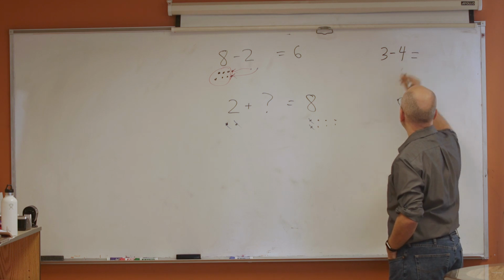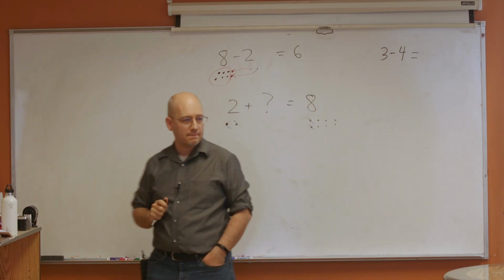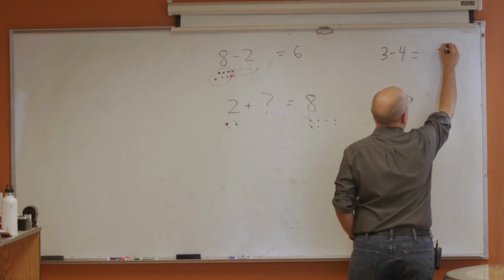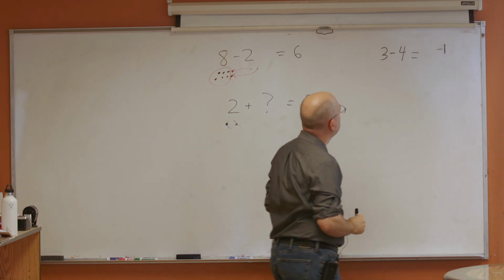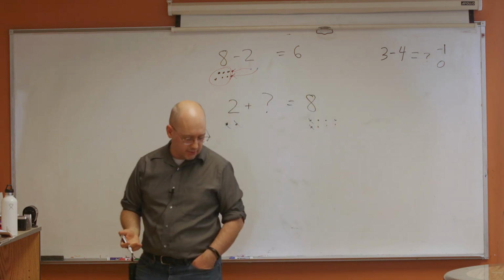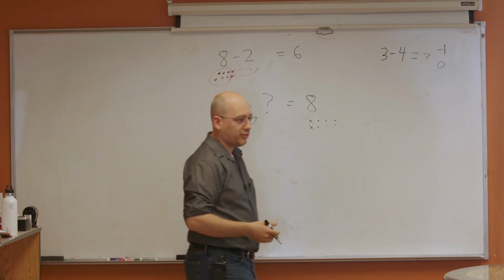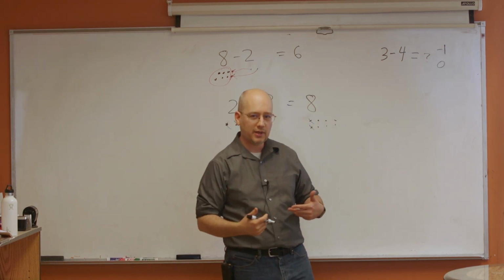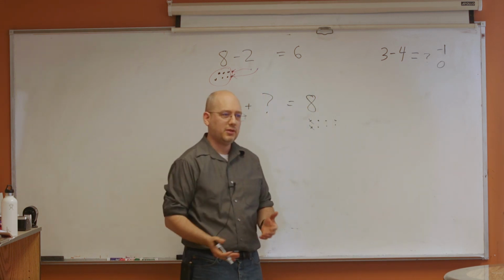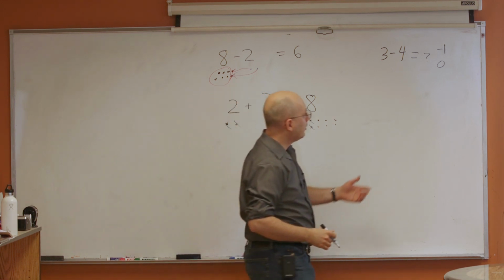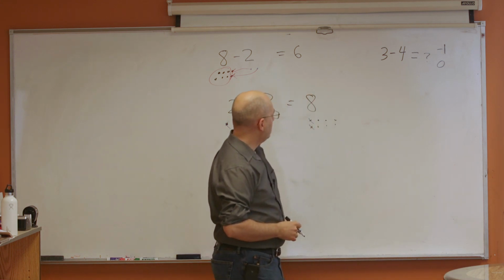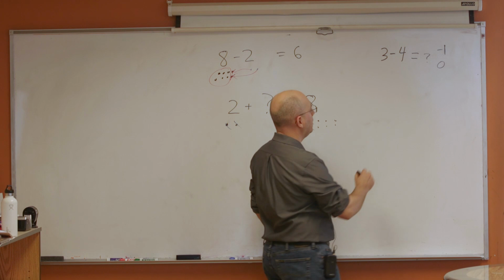3 minus 4 is what? It could mean minus 1, or it could mean 0, right? So if I owe somebody $4 and I've got 3 and I give them $3, maybe I go into debt by $1, in which case I'm minus 1, or maybe I'm out. Like in Monopoly, you run out of money, you're not in debt, you're just out of the game. So there is this question here as to what one would mean. Depends on context, but in general math,